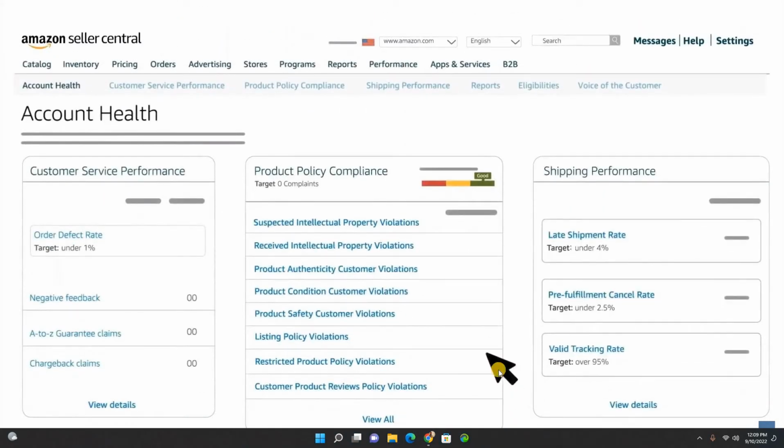If you select a product with variations, you may see an Add Variations button. Clicking this will include all of the variations for that product, so sizes, colors, or other differences in the products that you want to advertise. The violations tracked include suspected intellectual property violations, received intellectual property violations, product authenticity customer violations, product condition customer violations, product safety customer violations, listing policy violations, and restricted product policy violations. Next, you'll need to set your default bid,